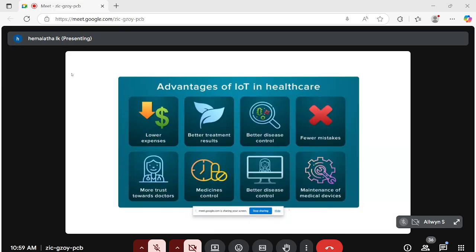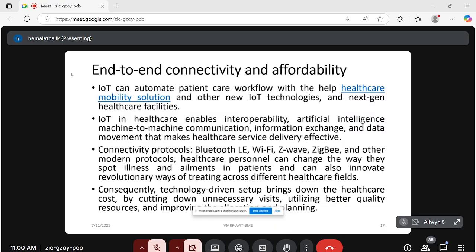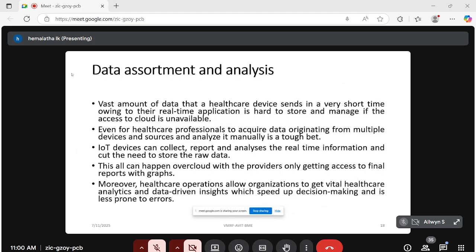So you can get the care from the physicians at all times, and we can control the medicines, the inventory, as well as the medicine intake through this IoT technology, better disease control, and then maintenance of the medical devices. This is one of the major parts in the hospital and healthcare industry. The wear and tear, the functionality, the maintenance, everything can be monitored. The high-end equipment like MRI, CT, PET, and the patient monitoring systems are all monitored through IoT based systems. So these are the applications or benefits of the IoT in healthcare: simultaneous reporting and monitoring, end-to-end connectivity and affordability, then data assortment and